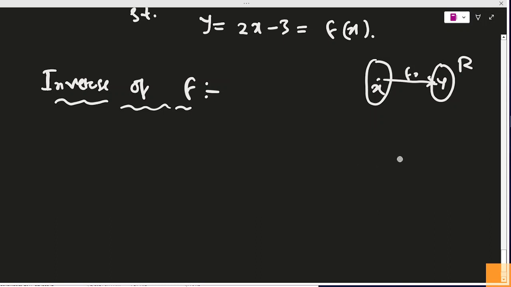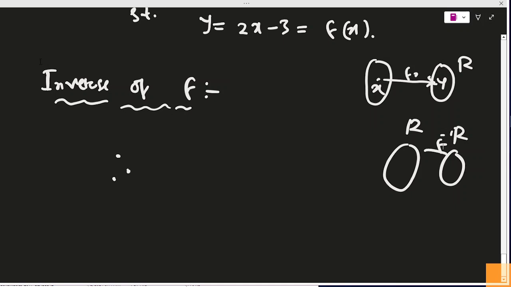Inverse मतलब यहाँ पे ये R है, ये भी R है, inverse function f inverse कहाँ से कहाँ सर।